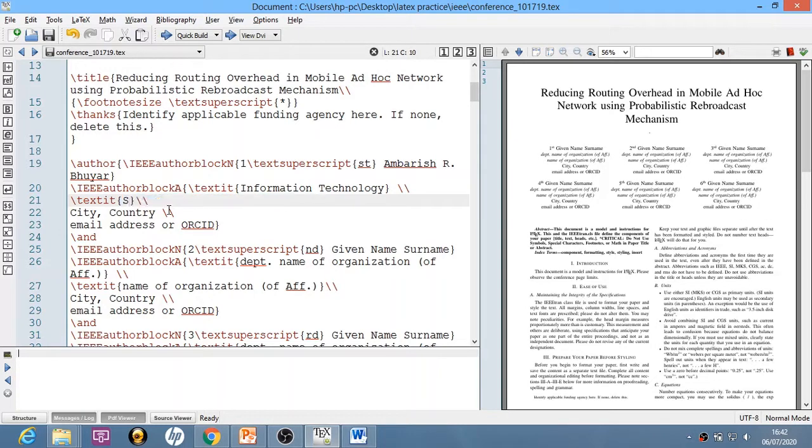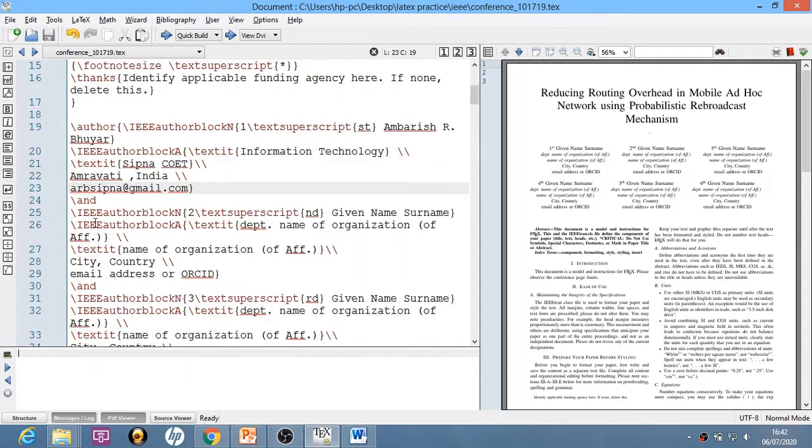Over here I will write Sitna COIT, and over here city and country I will write Amravati, India. Email address, I will write my email address.